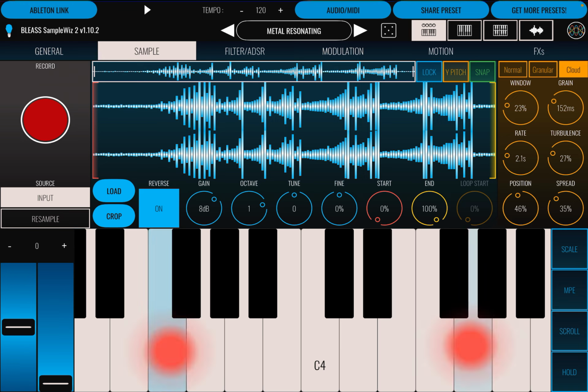Here you have an interface with the keyboard and the parameters on the top. For example, this is the first interface you can find. This is one of my presets created with metal resonating sounds from a handpan, that you can record all kind of sounds from all kind of objects,